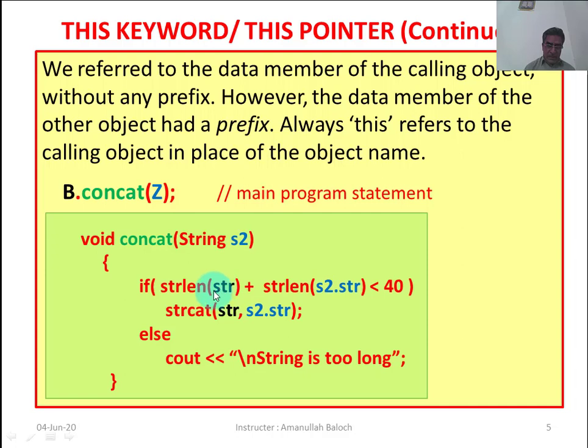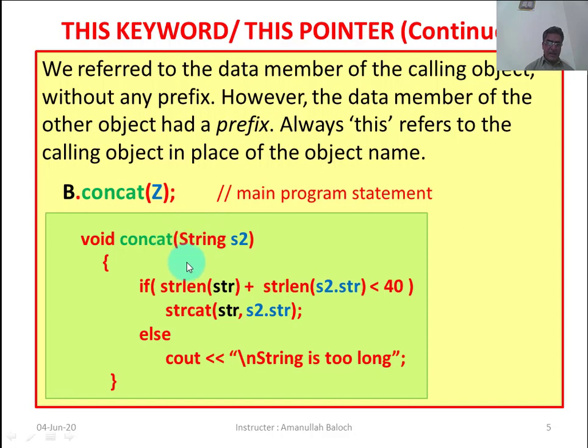So here you may see this statement, we refer to the data member of the calling object without any prefix, because the calling object here is b. So str is the class data and it has no prefix before. You may see here str has prefix s2, str has prefix s2, but this str has no prefix because this belongs to the calling object.